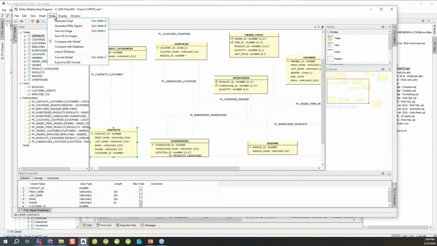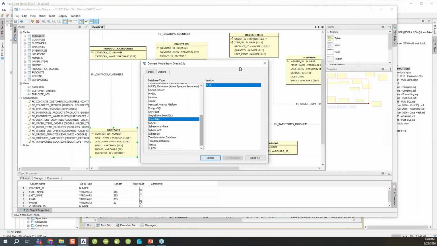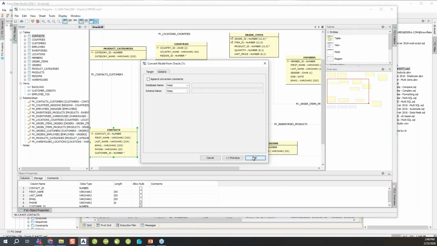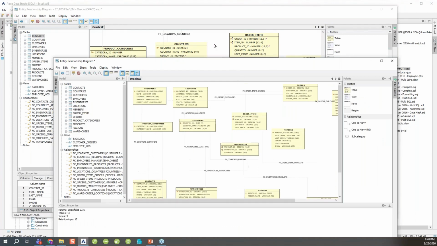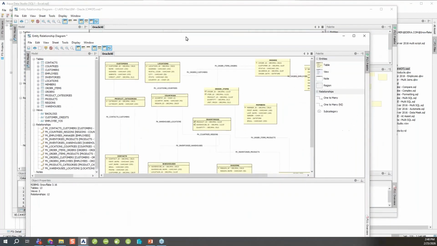So I can come into my Oracle model, I can say convert model, and then I can actually scroll down and select Snowflake, and then I can hit next. I'm just going to keep the defaults, hit OK, and now I have a model of those tables, those relationships